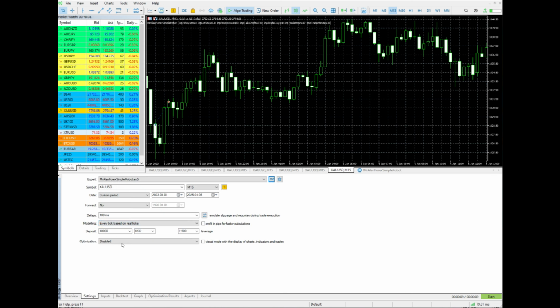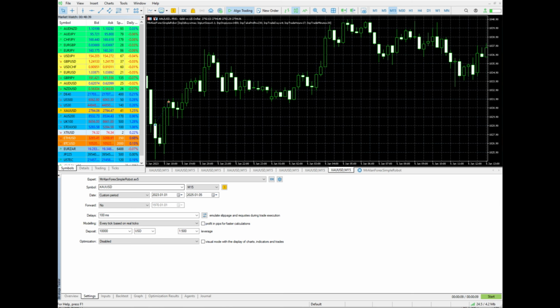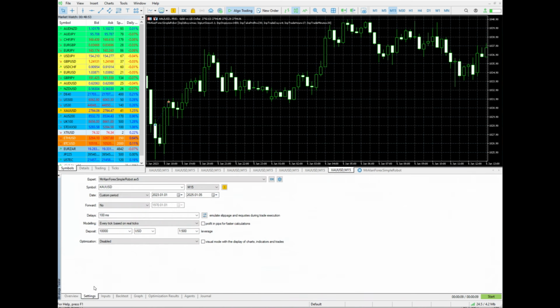Obviously, this one is for gold, but you can run optimizations across everything, and you can build trading robots to do the same thing. And sometimes it is the most basic of trading robots which could be successful. So this one is very, very basic, but you can see if we were to use it, it would have made a profit. Yes, this is a 10 grand account,